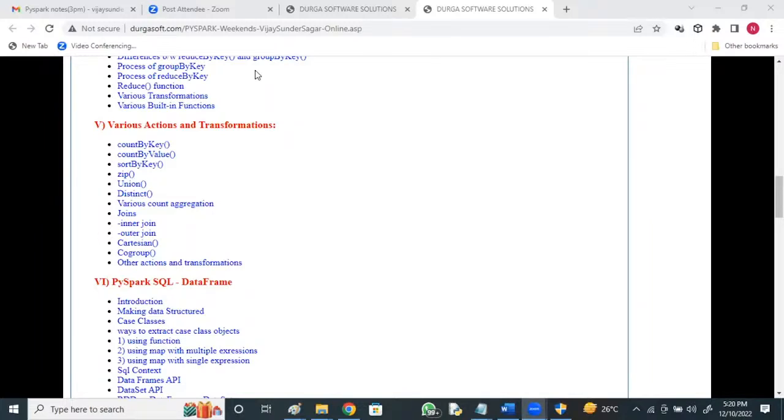Spark is such a lightning fast technology. On one side the events are generated, on the other side Spark will be processing the events at the same speed, so it can match the speed.